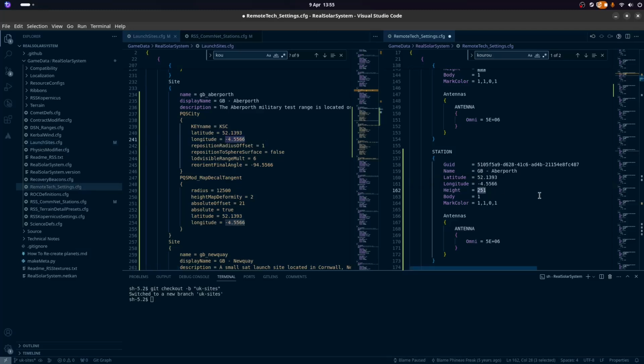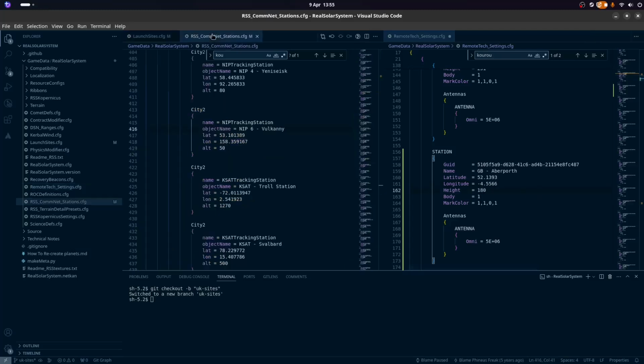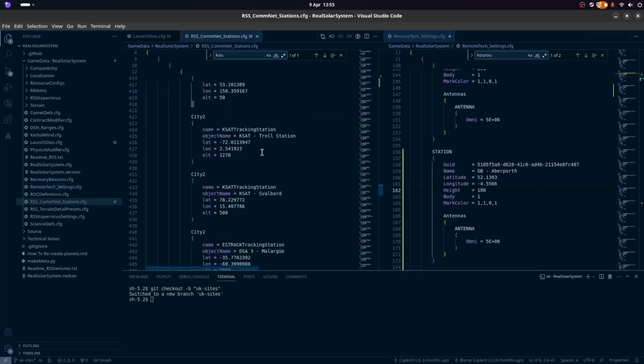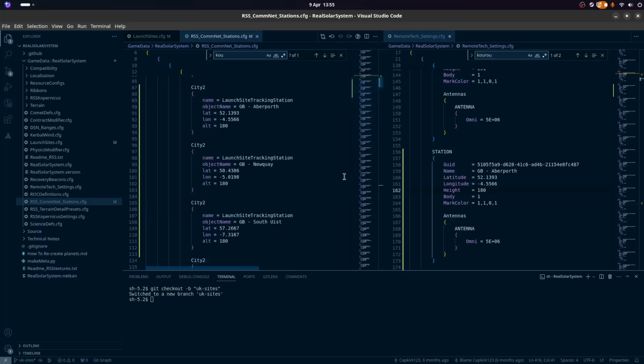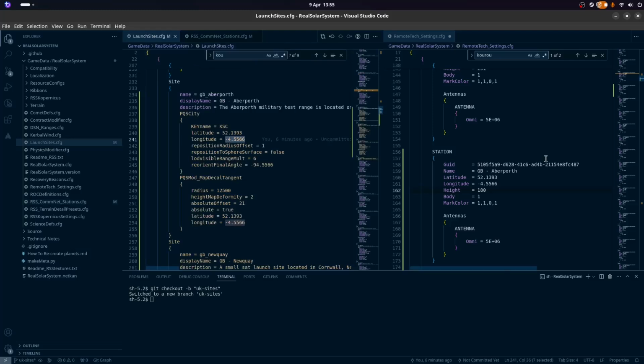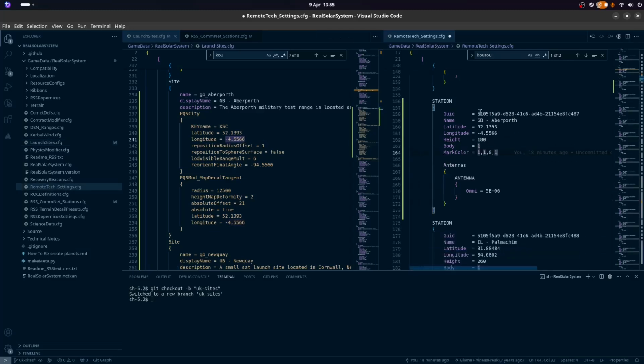I think I settled on 180 for all of these because I couldn't ascertain how high they were. I'm going to use that as a placeholder and then we'll check it in. The marker color is yellow because it is a tracking station for this and it has an Omni antenna. Okay, that is as we expect.